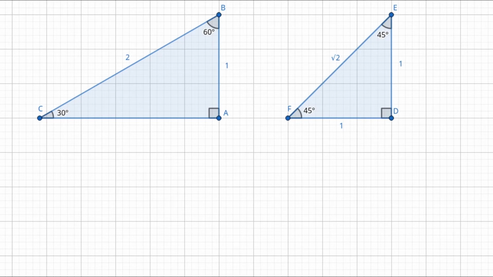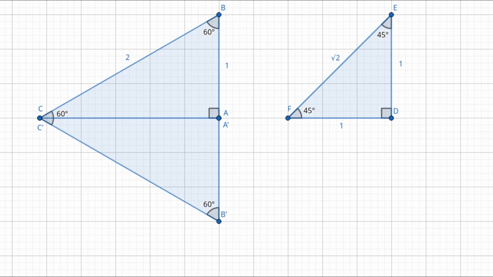Well, to answer this question, what we'll do is we'll reflect the entire triangle across the line AC, and we get this, A prime, B prime, C prime. So now, if you look at this bigger triangle that goes from B to B prime and then to C, we can see that the top angle is equal to 60 degrees, the bottom angle being a reflection of that angle is also 60 degrees, and the angle on the side, since it's the sum of two 30-degree angles, is also 60 degrees. So since all three angles of this triangle are 60 degrees, it's an equilateral triangle.